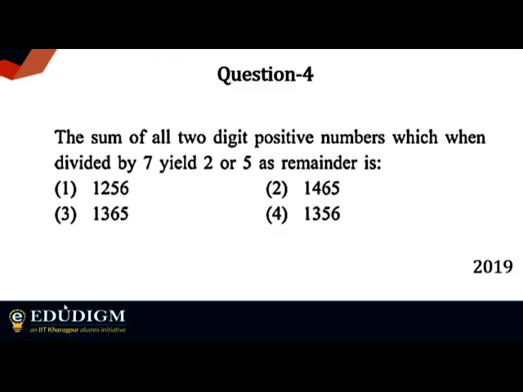Again, this is not very much a sum of permutation and combination, but since it has to do with different numbers and arrangements and picking up the numbers properly, probably that's why we have taken this one under this particular chapter. This is very easy. Two-digit positive numbers which, when divided by 7, will give either 2 or 5 as remainder. Just try this one out and let me know, okay? First, getting 2 as a remainder and also getting 5 as remainder. You'll get two different series, and then just add them up and see what is going on.